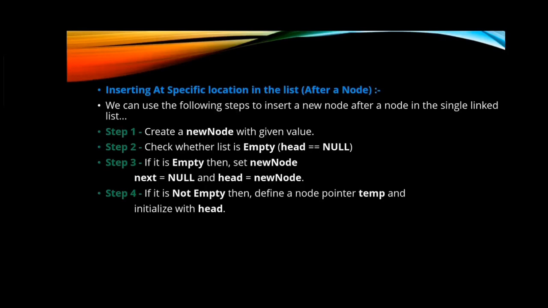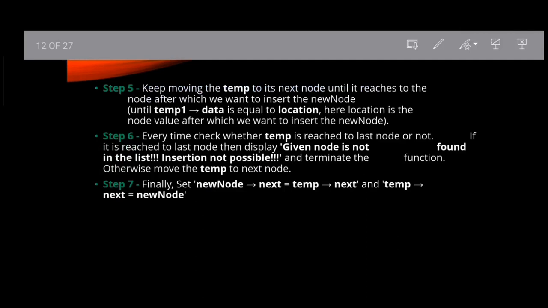And next topic is inserting at a specific location in the list, such that after a node. We can use the following steps to insert a new node after a node in a single linked list. First, create a new node with the given value. Check whether the list is empty, such that if the head value is equal to null. If it is empty, then set new node equal to null and head equal to new node. If it is not empty, then define a node pointer temp and initialize with head, and keep